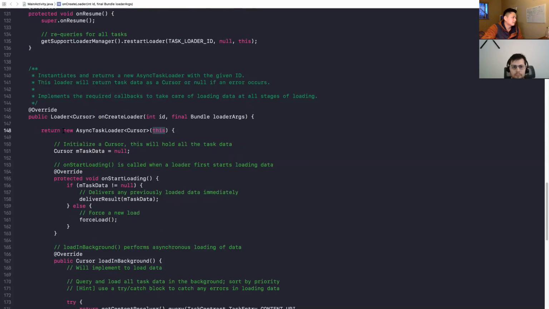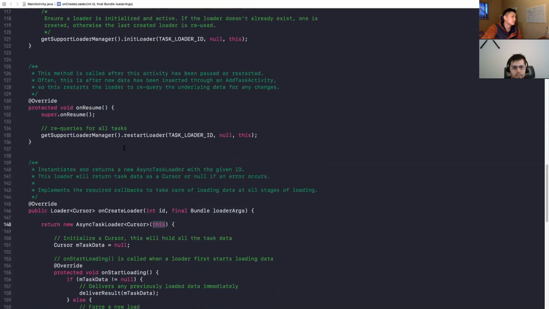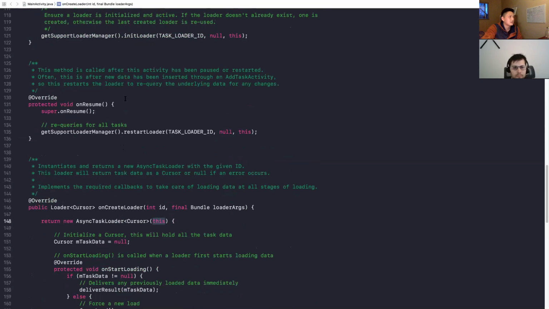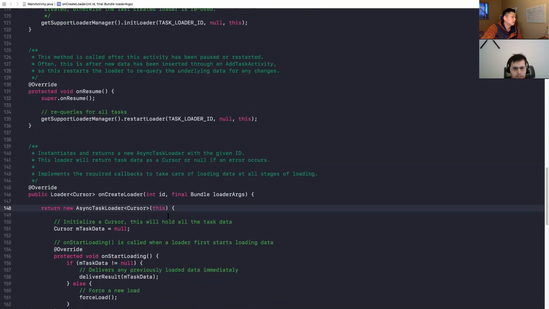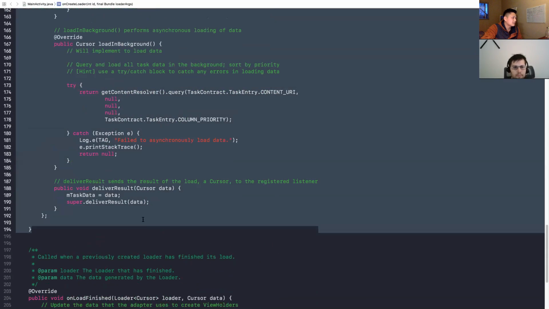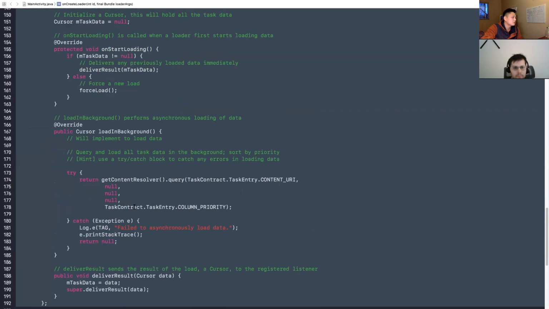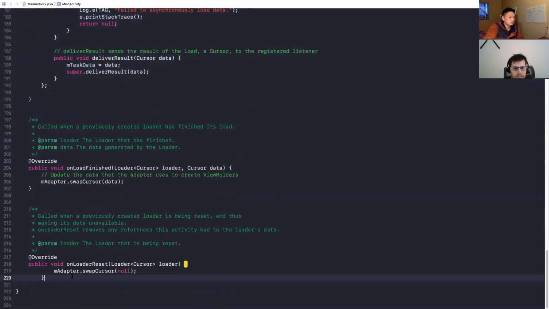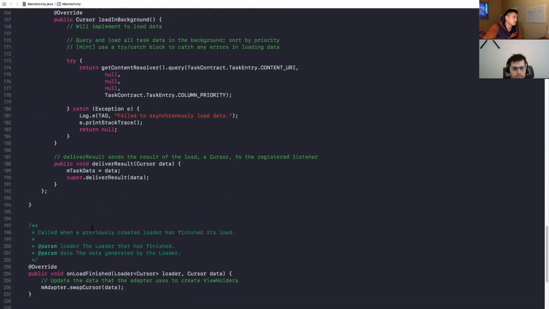Now, also the reason why we need to pass in this keyword is because we want this loader life cycle to be tied to the life cycle of the main activity, and that's the reason why we put that in there. Okay. But what I'm seeing is that this is a bad practice. What you should do is have a public static class. So instead of doing this anonymously,